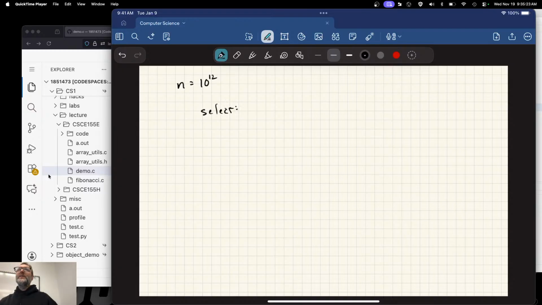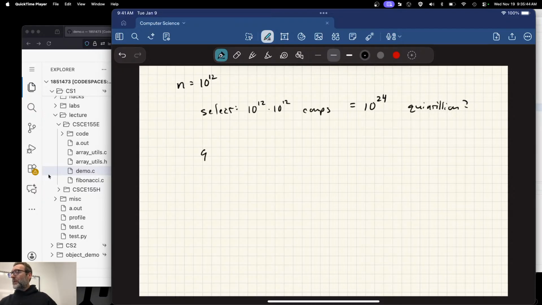Now with selection sort, I'll just truncate it there. Selection sort, you're going to have to make what? 10 to the 12 comparisons, squared. Does anybody even know what that is? That's 10 to the 24th, right? That's like quintillion or something like that, I think it is. Quintillion, question mark, all right?